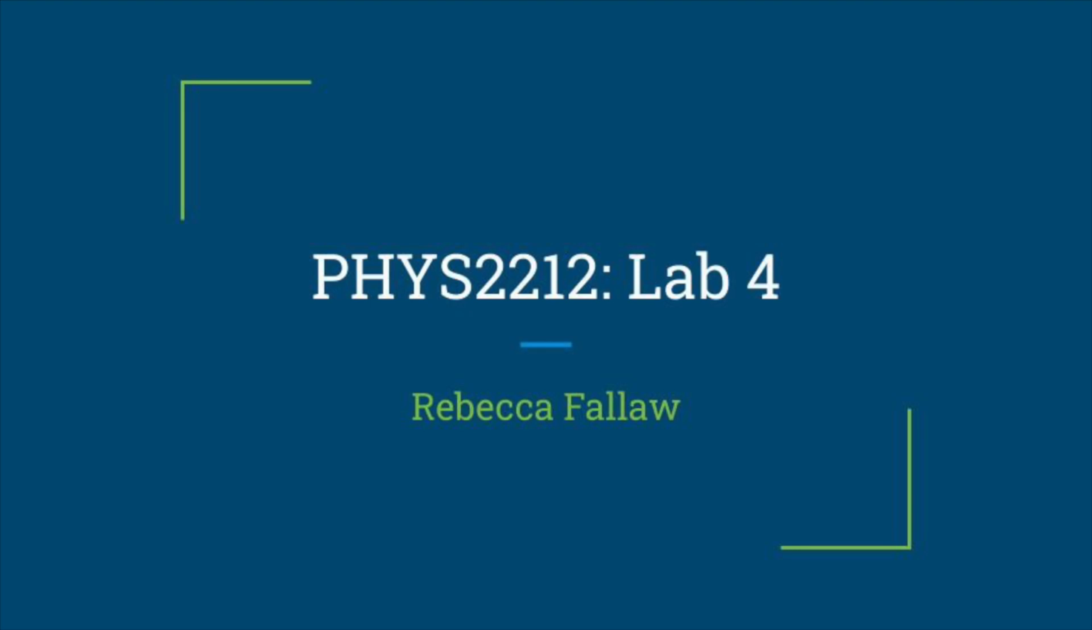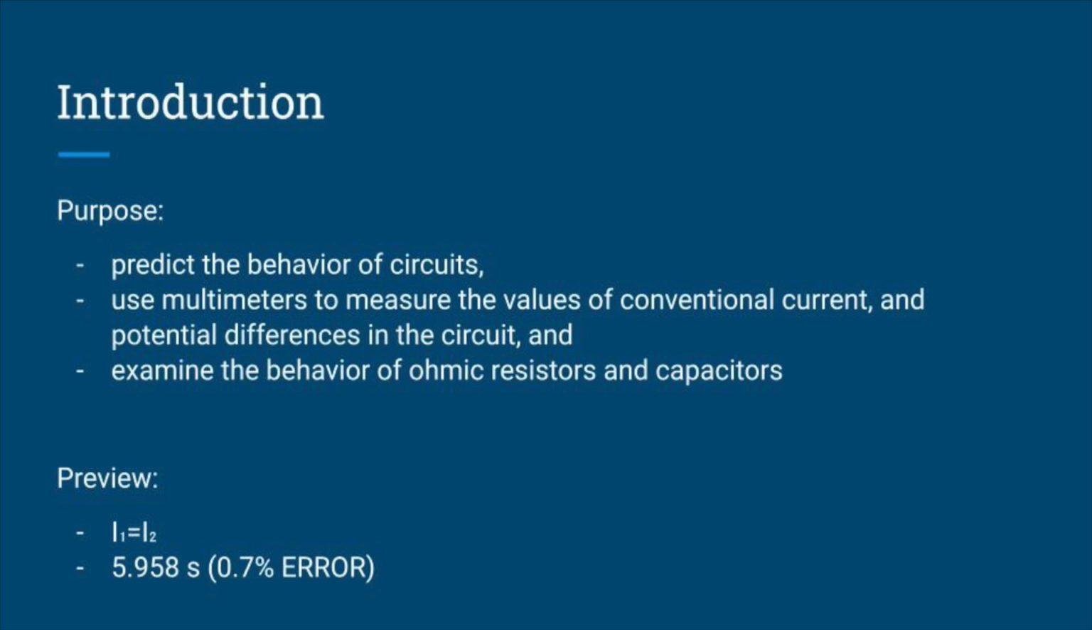This is Physics 2212, Lab 4. The purpose of this lab is to predict the behavior of circuits, use multimeters to measure the values of conventional current and potential differences in the circuit, and examine the behavior of ohmic resistors and capacitors. A brief preview, we find that I1 is equal to I2, and that our RC is 5.958 seconds, which is